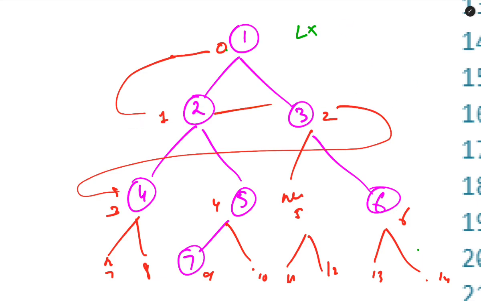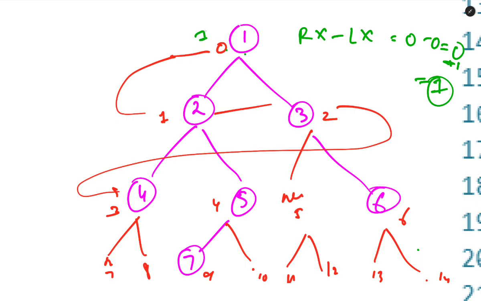You can use any other variable. I should have better written rightmost and leftmost. So 0 minus 0 is equal to 0. Just add 1 to it because it's one node, so the size of this level is 1